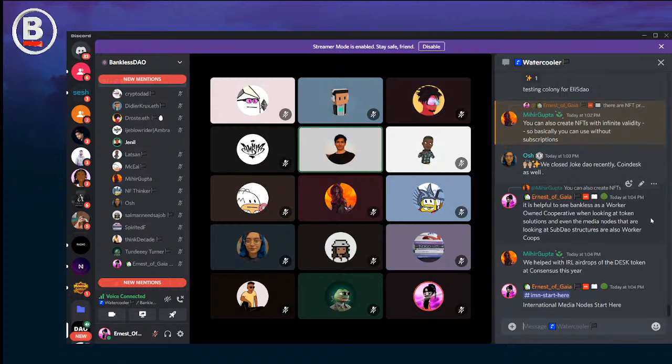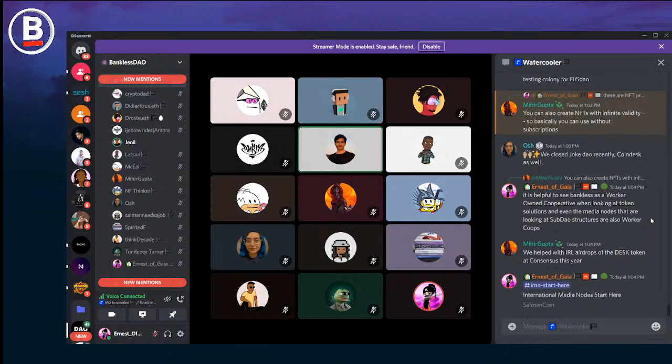And currently we're trying to work with Bankless DAO and a bunch of others, to see how we can be useful to specifically your community. And obviously, if there's any feedback or ways where we can cater specifically to you guys in a very useful way, we're more than happy to work with you and make sure our product can be used within the Bankless community as well. Wow, that's impressive.